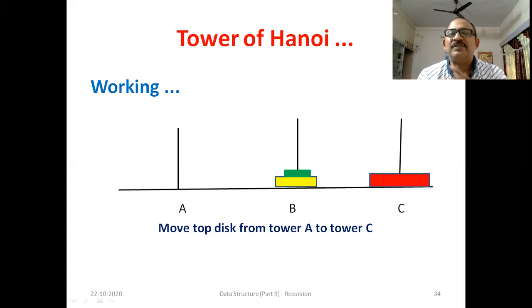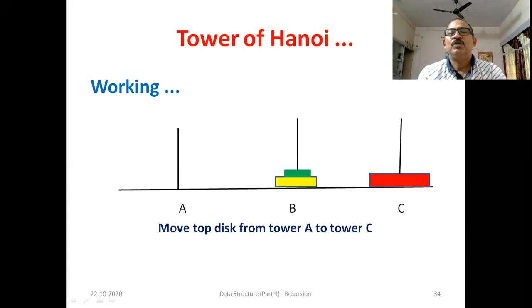Okay, now next, take the disk on tower B as the source, A as the auxiliary tower, and C as the destination. We move n minus 1, that is 2 disks, from B to C, taking A as an intermediate